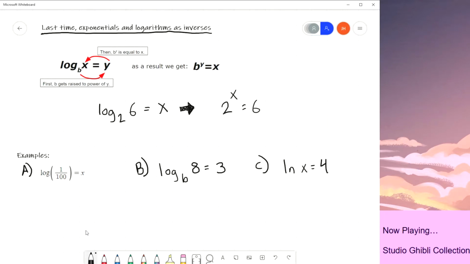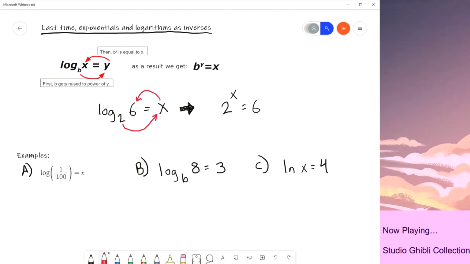Another example, so let's see some more examples. Previously, we saw that log base 2 of 6 was equal to x. We can use the decoder ring to say that 2 to the power of x would equal 6. And so we get 2 to the x equals 6. This was actually our original